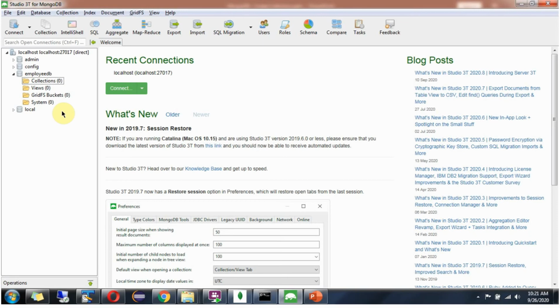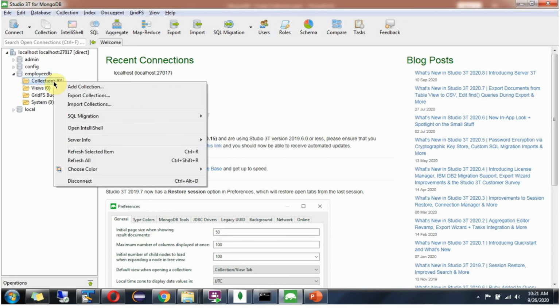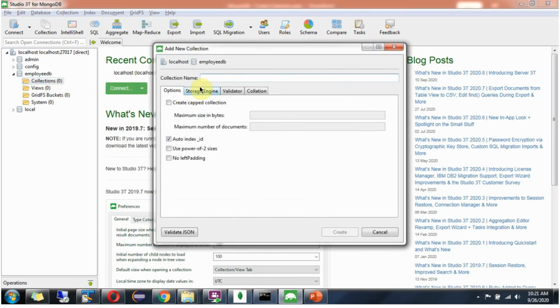Now we will create a capped employee collection using Studio 3T client. Select the employee DB database. Inside you can see the collections. Right click, add collection. Collection name is employee, and click on this to create a capped collection.